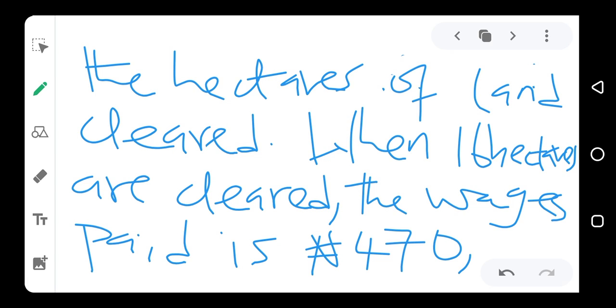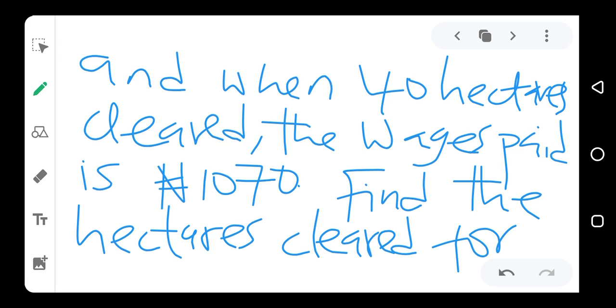When 16 hectares are cleared, the wages paid is 470 naira, and when 40 hectares are cleared, the wages paid is 1070 naira. Find the hectares cleared for which